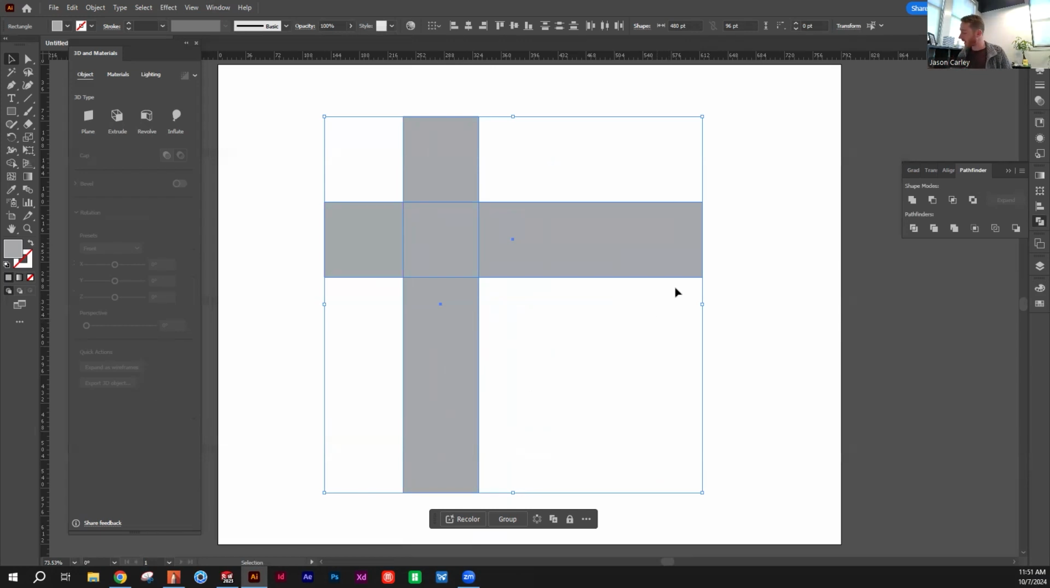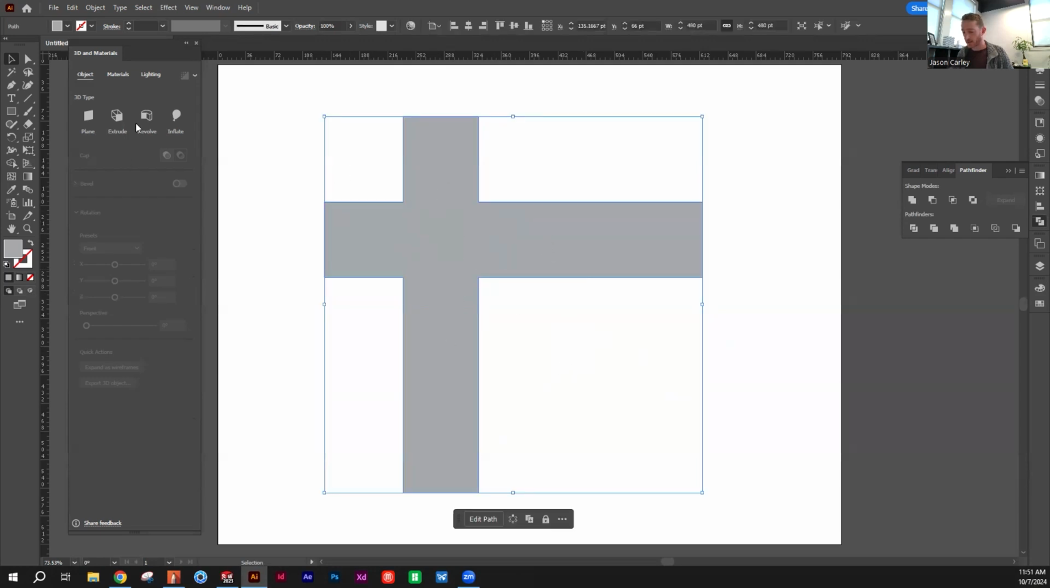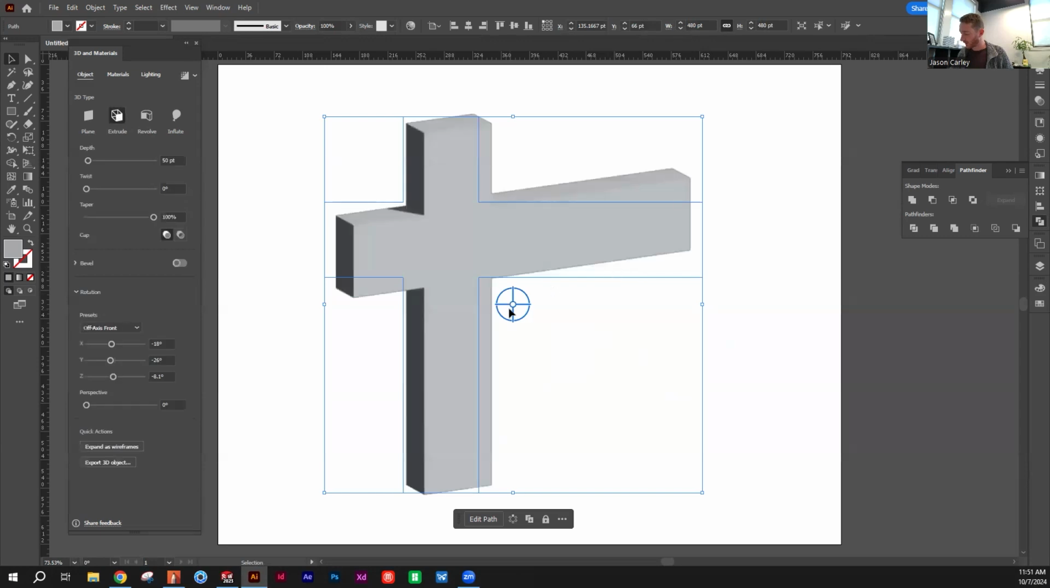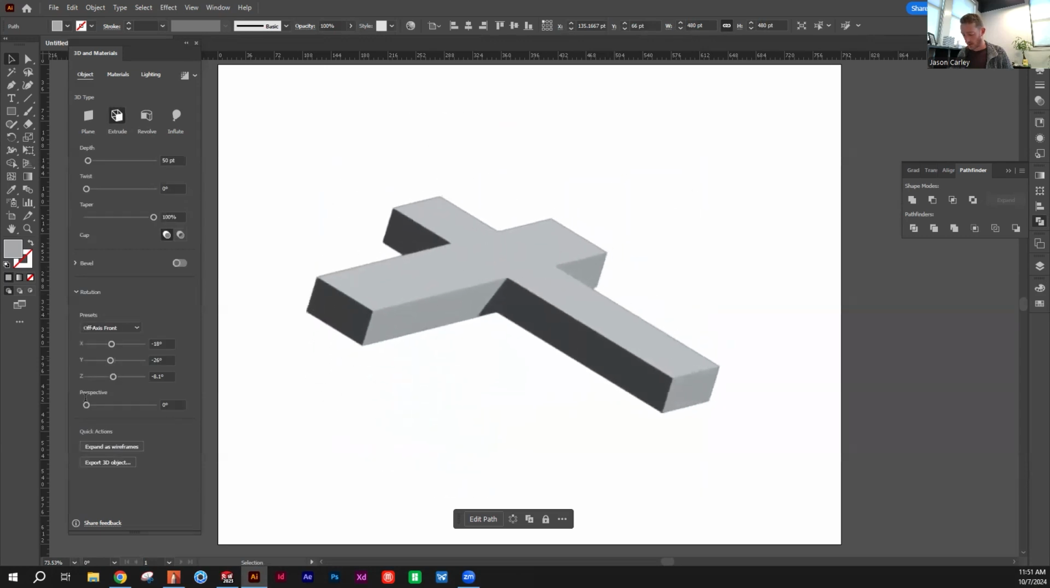So I can actually combine these two going to the Unite tool. So now these shapes are combined, right? I don't have intersections in the paths. I have one shape. So I can highlight this, I can extrude it again, rotate it as needed, right? I can add